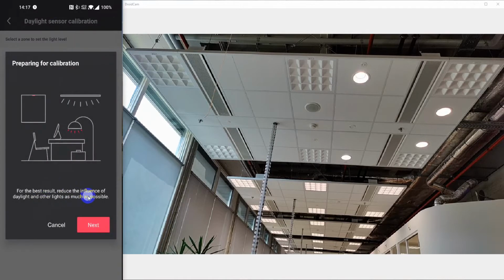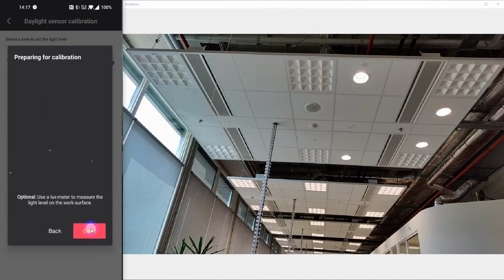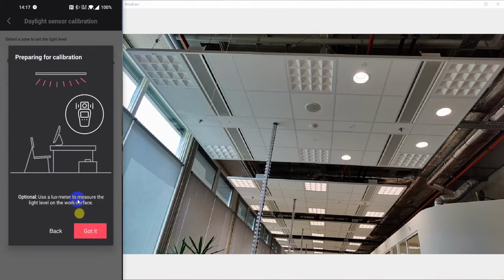For the best result, I need to reduce the influence of daylight and other light as much as possible, so preferably do this in the evening. Then I press next. It tells me you could use a lux meter to do the